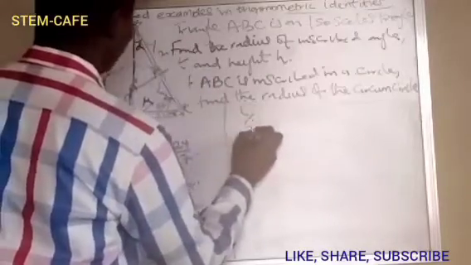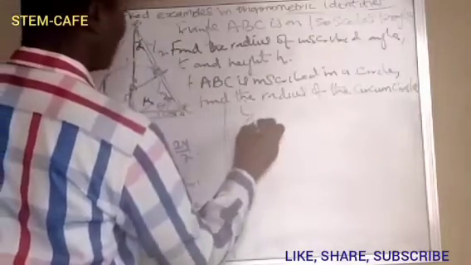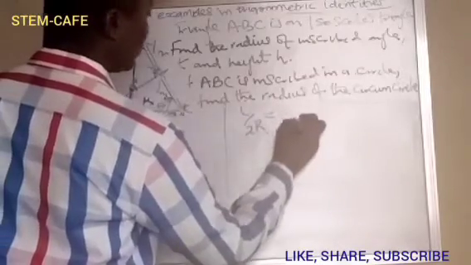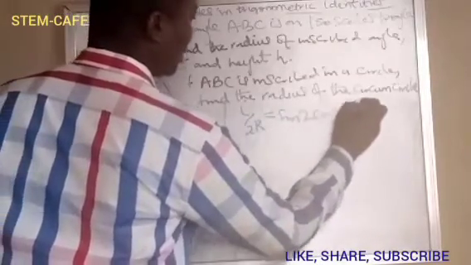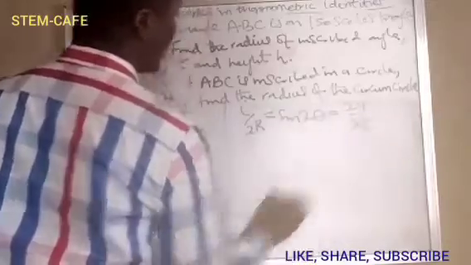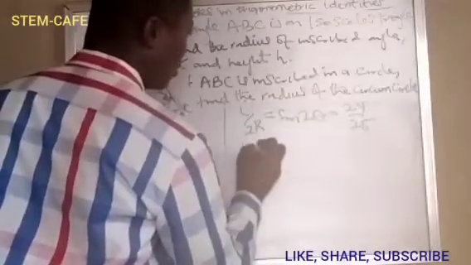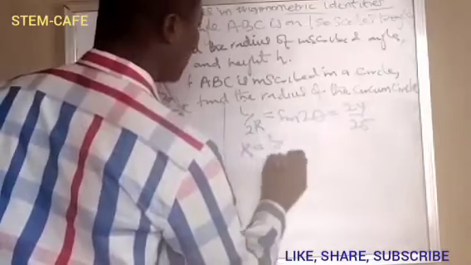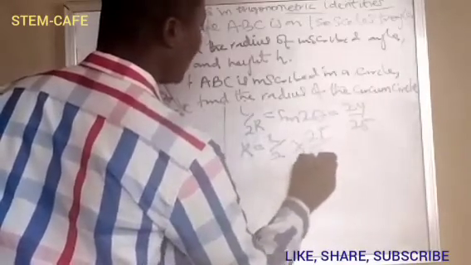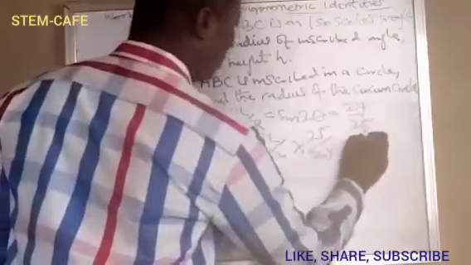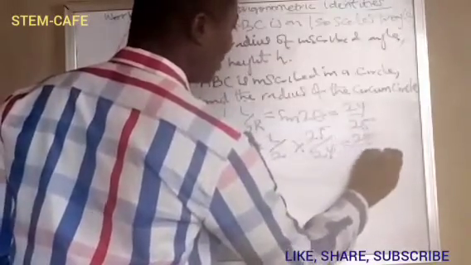So L over 2 divided by R will be equal to sine 2 theta, which is 24 over 25. So R will be equal to L over 2 times 25 over 24, which is 200 over 7 times 2